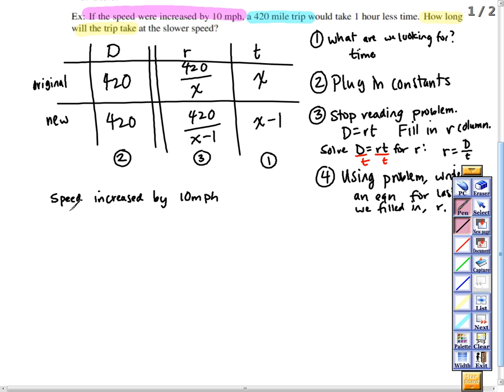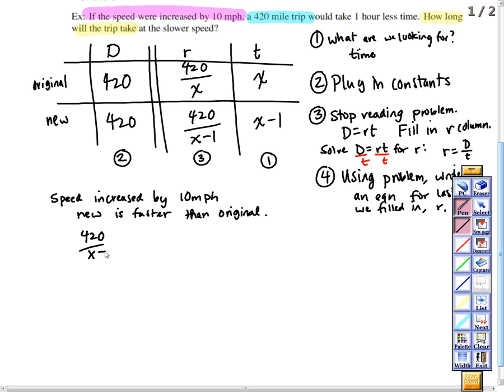So which one's faster, the original or the new? If speed increased by 10 miles per hour, we know that the new is faster than the original, right? Everybody see that one's bigger? The rate should be a bigger number. So you can always do bigger minus smaller. So the original is smaller than the new. So the new is